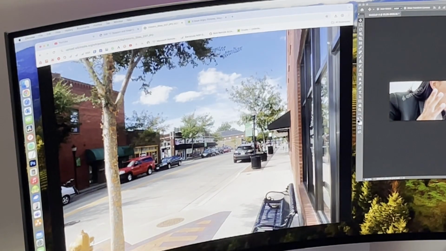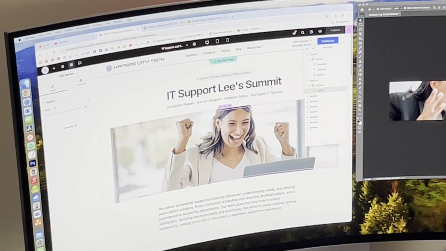So I was thinking about using, for this YS page, I'm going to replace this image here. I wanted to replace it with something from the Lee's Summit area. But then I really got to thinking,